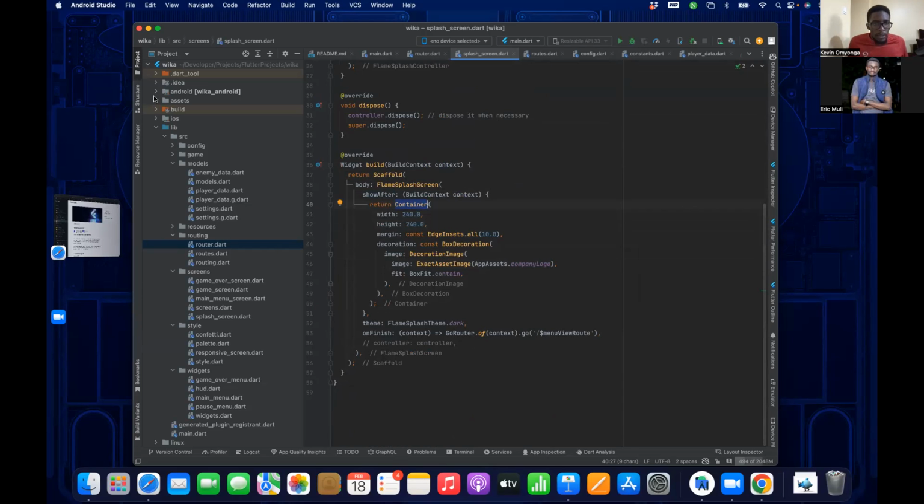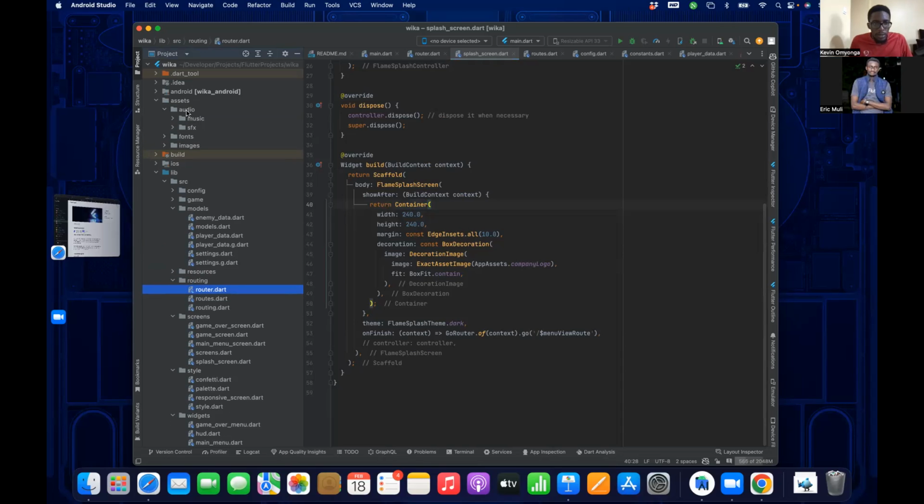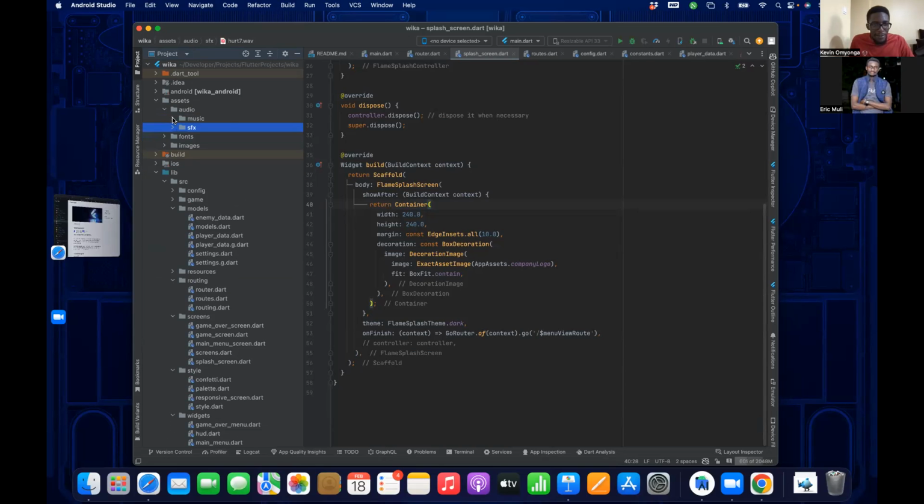Now, I think someone had asked about how you store the assets, music, and everything. Personally, I choose to do it like this. So you have audio, music is for the background music, and then the SFX is the effects. So the heart and jump. The heart, I still need to change it. Like I said, if you hear it a number of times, it becomes very suggestive. So yeah, I want to play that right now. And then the music that's supposed to now play as the game is running.